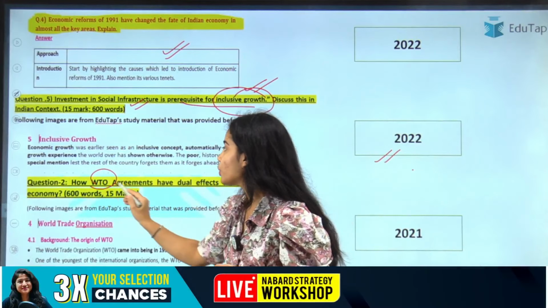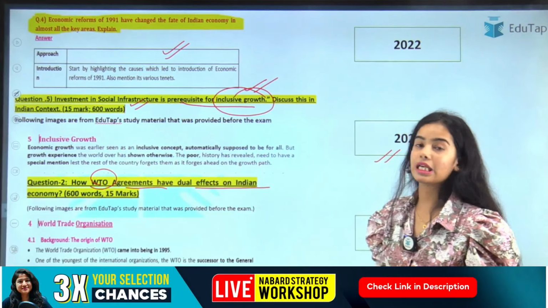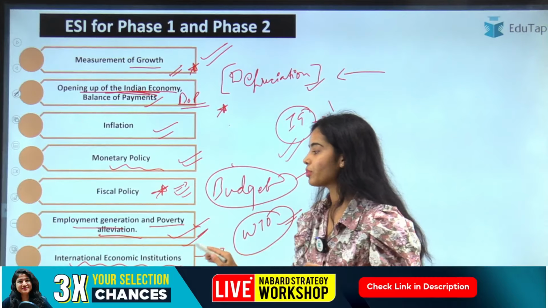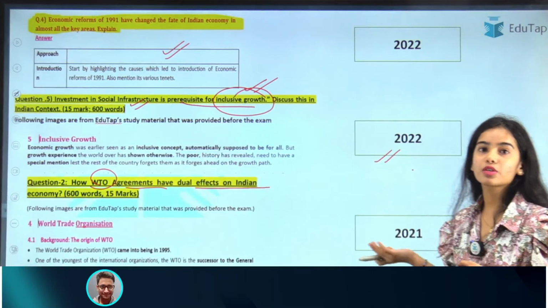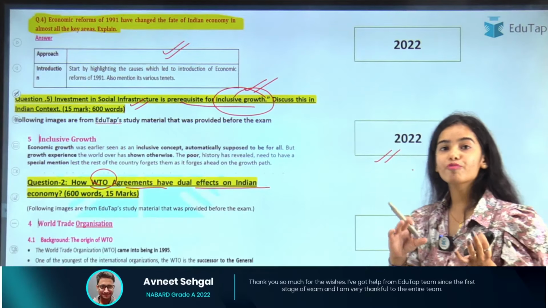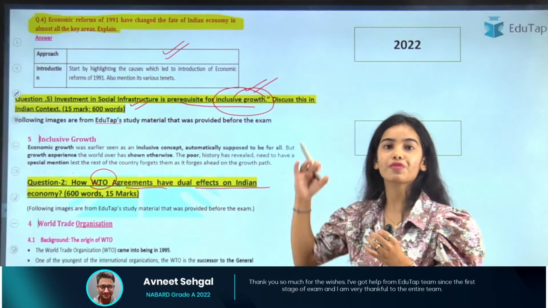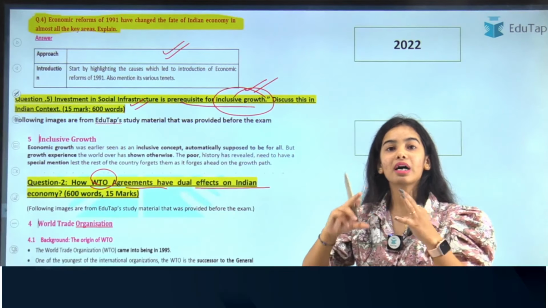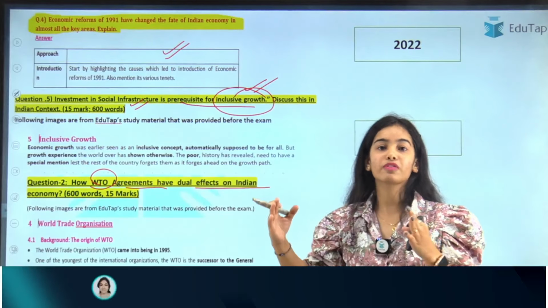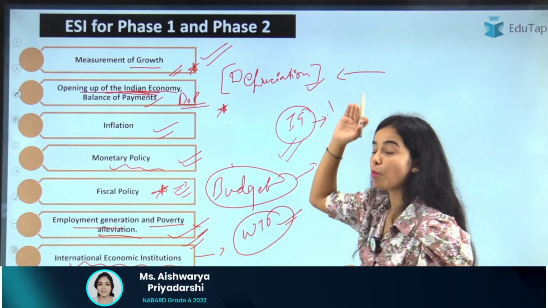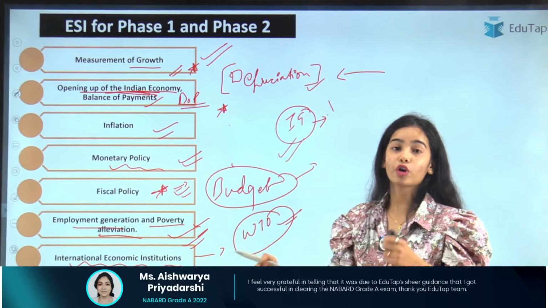Coming to how WTO agreements have dual effects on the Indian economy. So this is directly from the international economic institutions. This was a question in 2021. So I have brought the previous year questions of 2022 and 2021, so that you are well versed with the pattern of the examination and you can understand how important these 7 chapters are for your phase 1 and